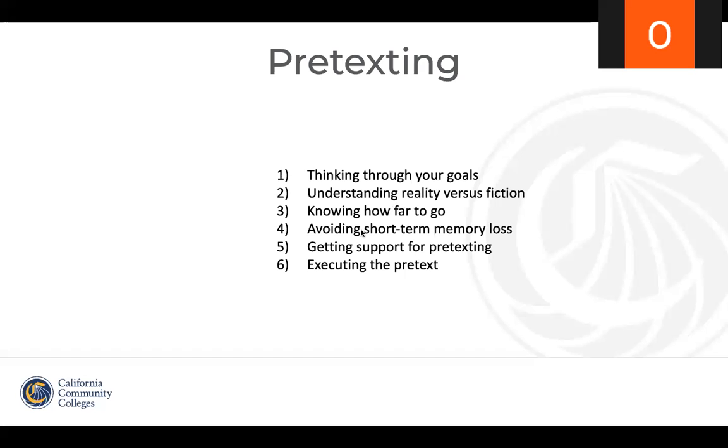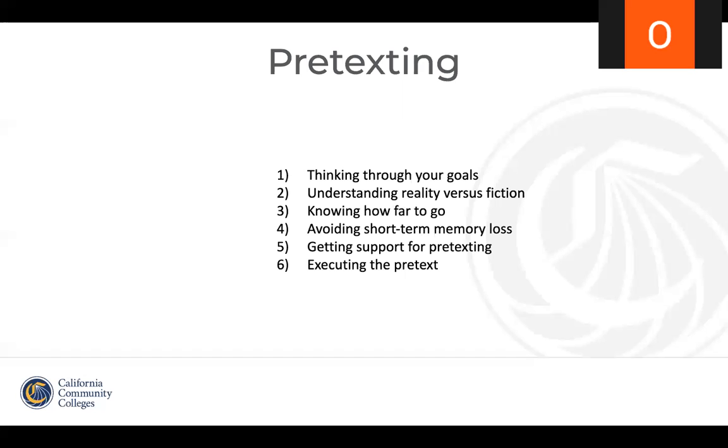Fourth, we have avoiding short-term memory loss. If the social engineer is deep in the engagement and they've successfully gotten hold of some employees in an organization, they've already started conversations with them. They should do the best they can to remember the role they're impersonating and not slip up.